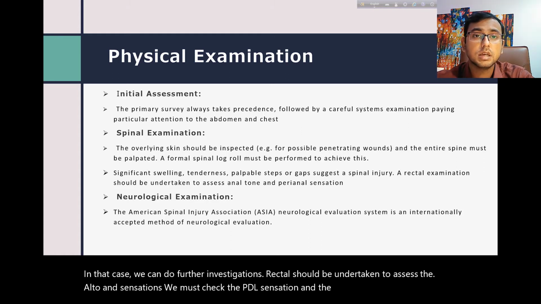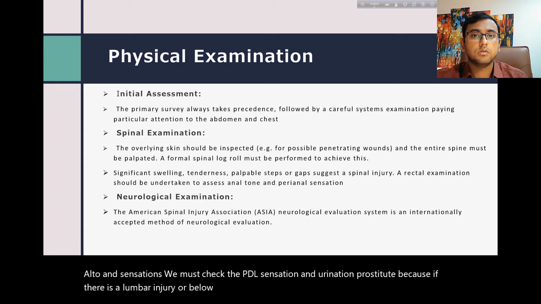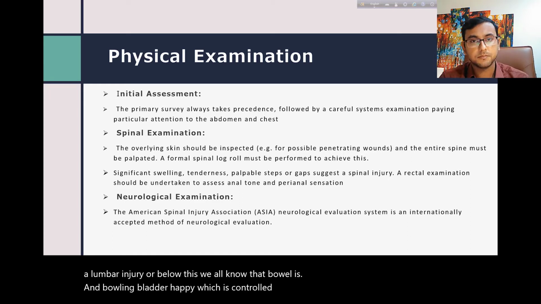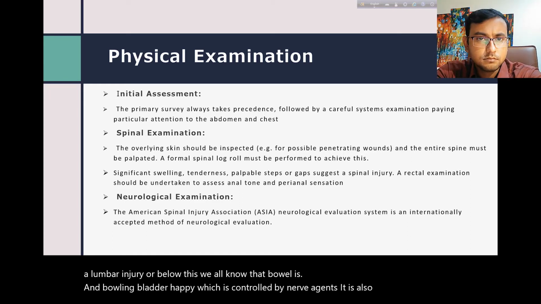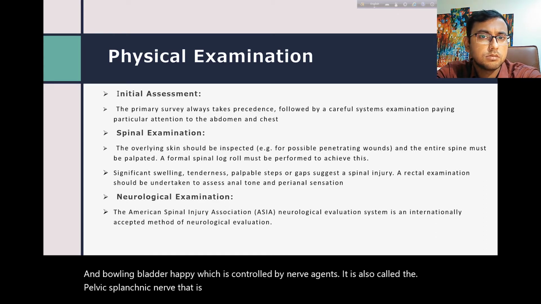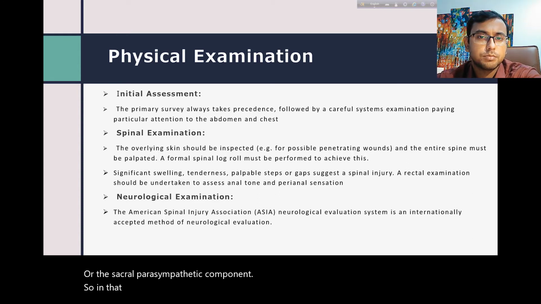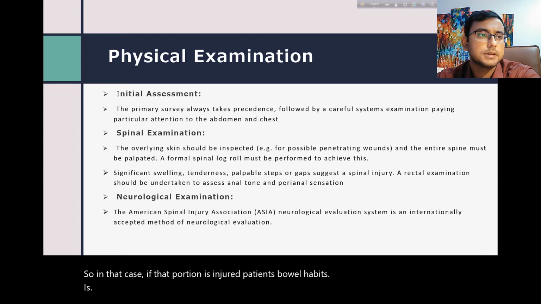Procedure, because if there is a lumbar injury or below this, we all know that bowel and bladder habit is controlled by nervi erigentes. It is also called the pelvic splanchnic nerve, that is the sacral parasympathetic component. So in that case, if that portion is injured, the patient's bowel and bladder habit is impaired. Okay,